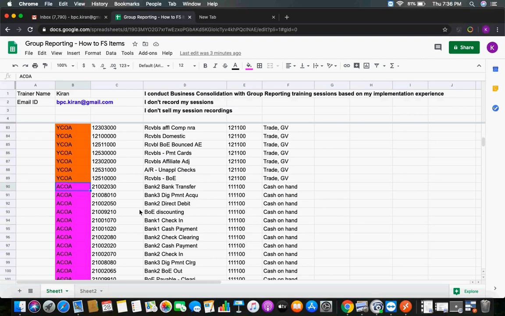So for each company code I need to do a mapping? No. See, for example, you have 3 companies, right? 1710, 1720, 1730. These are companies, or company codes, whatever you call it. Now here you have operational chart of accounts.